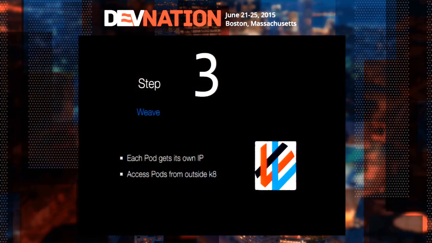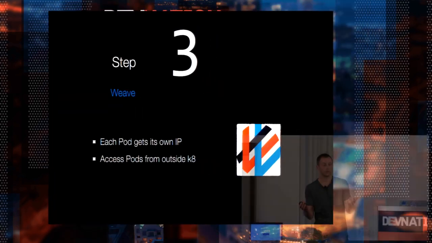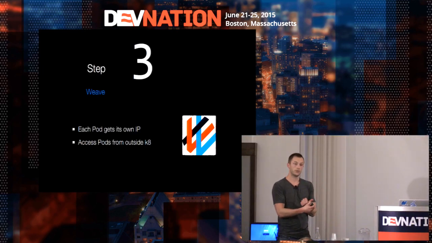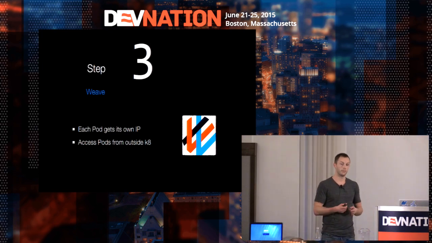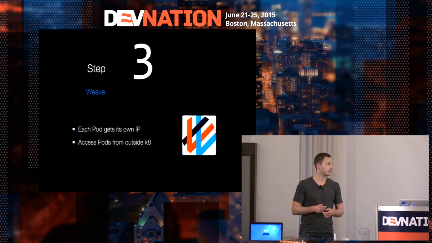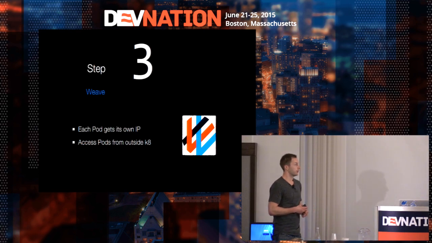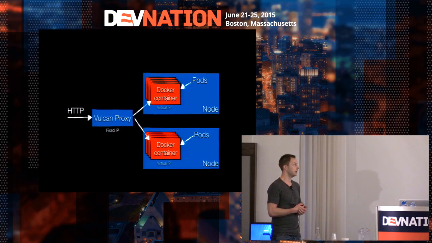We're going to introduce another concept, which is virtual networking. You can use Weave for that. There are other tools like Flannel, which work just as well, but we're using Weave currently. With Weave, you put a virtual network that you define, which Kubernetes uses, but which can also be used outside of Kubernetes. Each pod still gets its own IP, so we don't have problems with reusing ports on an IP address. But we can now access the pods from outside of Kubernetes, and that's exactly what we needed.